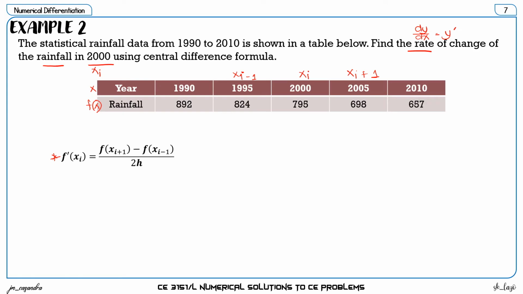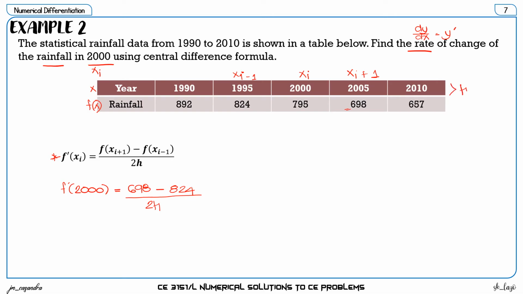In this case, xi is 2000, f prime of 2000 is equal to the function of xi plus 1, that is 698, minus the function of xi minus 1, that is 824, divided by 2h,